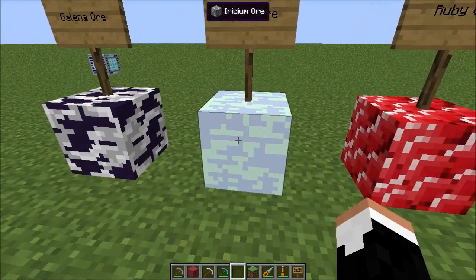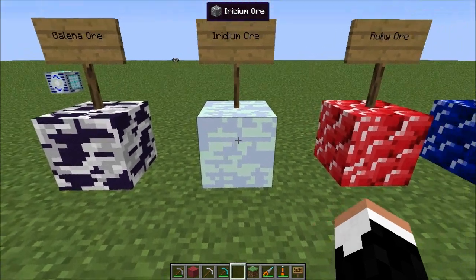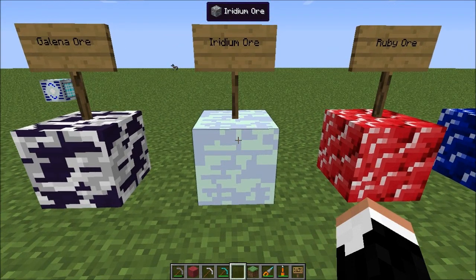Iridium ore, yes, iridium has an ore, is exceedingly rare. It has about a 60% chance to generate in a chunk. And when it generates, it only generates 1 piece. So this stuff is ridiculously rare. Most chunks,